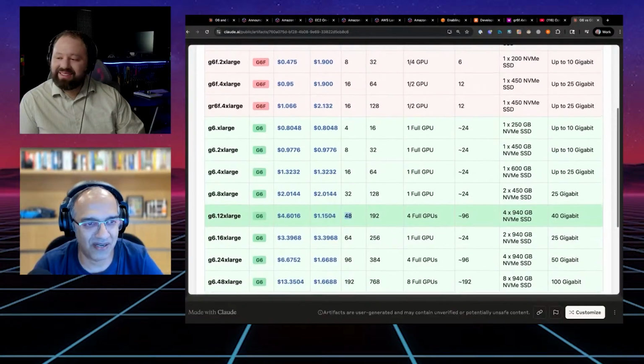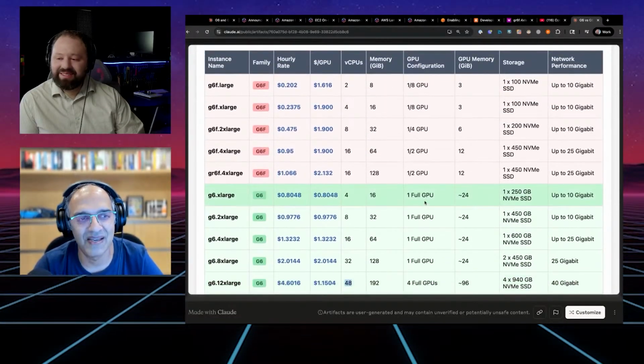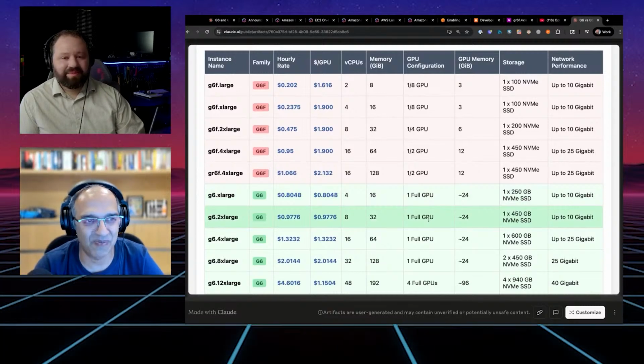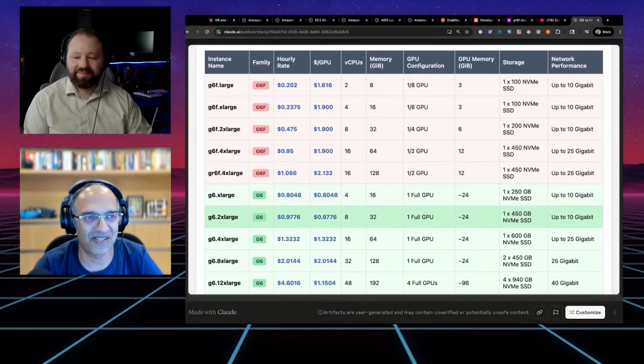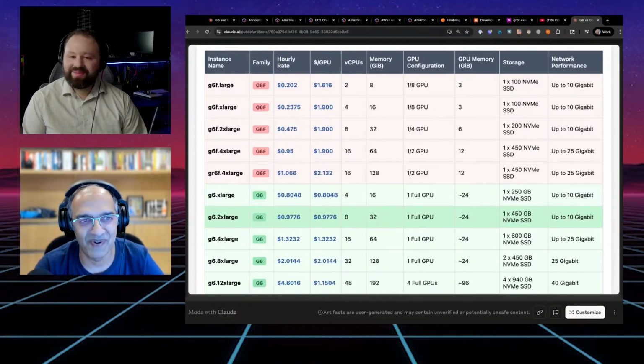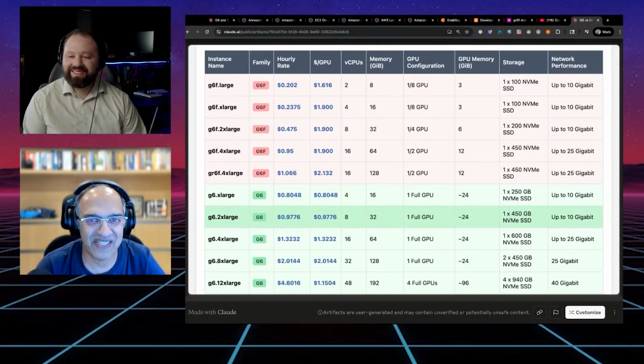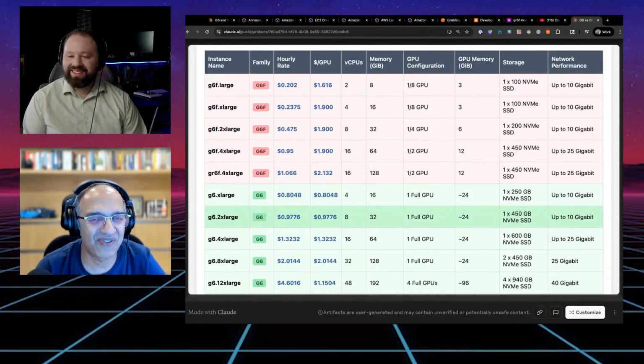I think you need to go the reverse in this particular case. Usually, you start at the machine and then create a budget for it. I think in this particular case, you want to just create a budget and say, "This is how much I think I want to spend, and this would be valuable. If I spend any more than this, it's probably not going to add as much value." And then work backwards from there to see which instance type gives you the biggest bang for the buck.